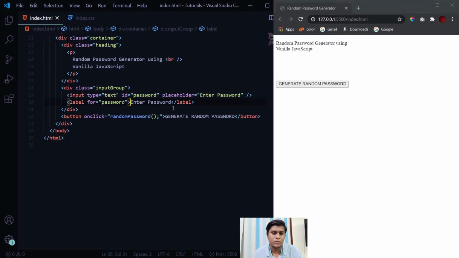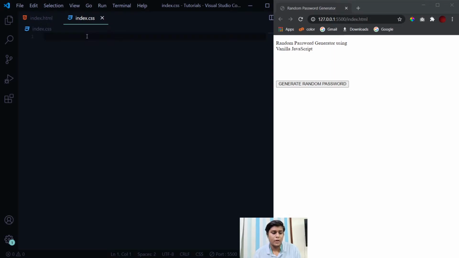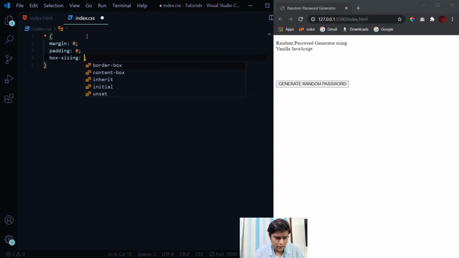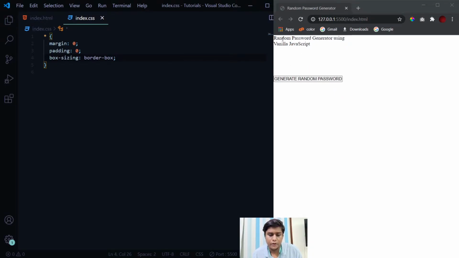So let's get into the styling part. As usual, we'll start our CSS part by nullifying the browser's default settings. I suggest everyone should do this before starting the CSS part because it is a very important thing to do so that it nullifies all the basic margins and paddings provided by the browser, because every browser has a different kind of default setting, so we need to nullify it before we can apply our own settings. Now when I hit save, you see all the default margin is removed.